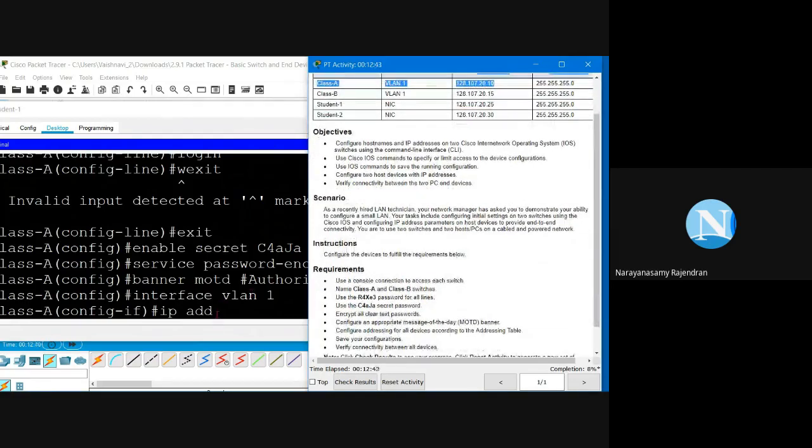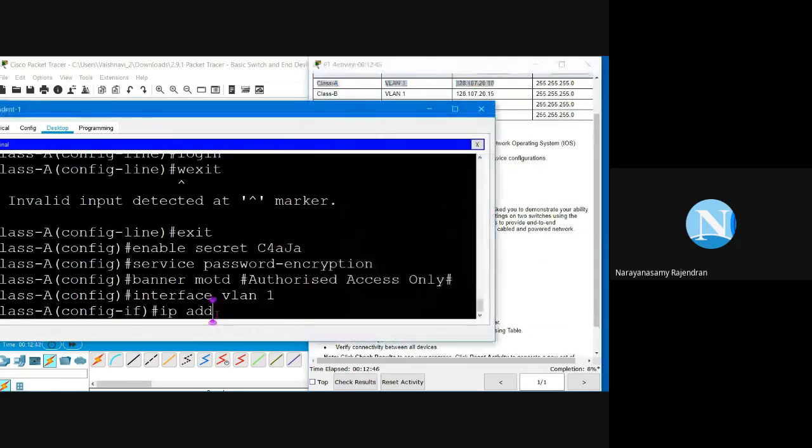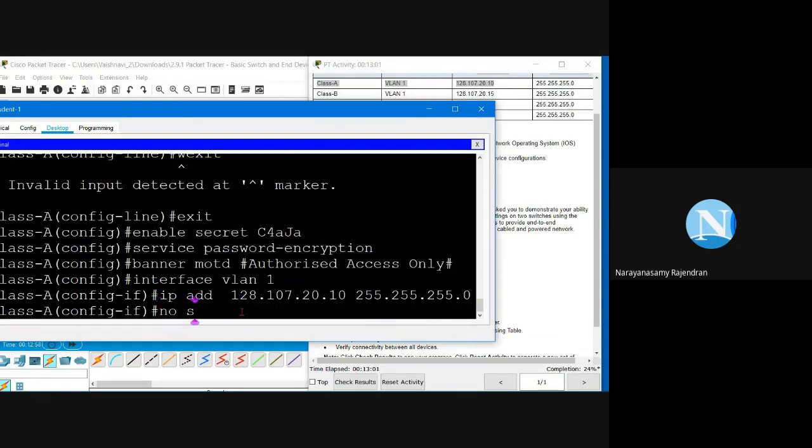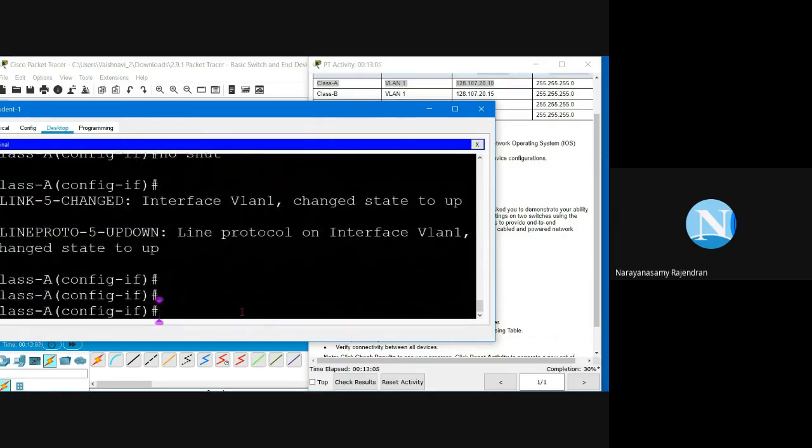Okay, let us type it here. 128.107.20.10, subnet mask. Done. Type the command no shut to activate this interface. Okay. So everything is over in this.